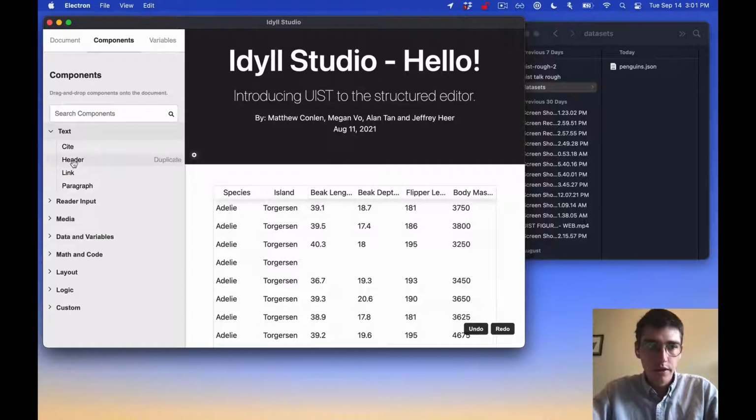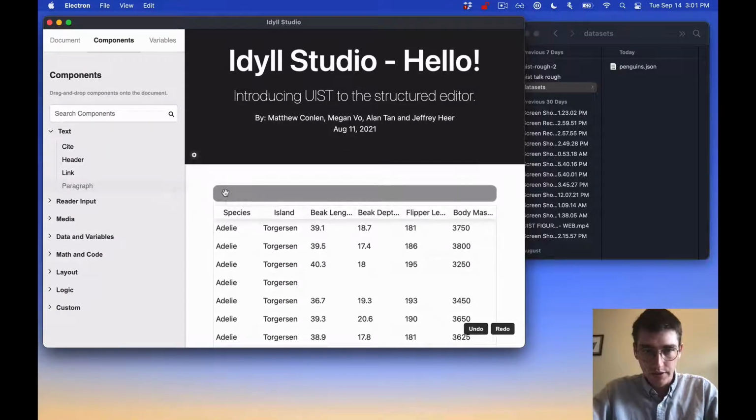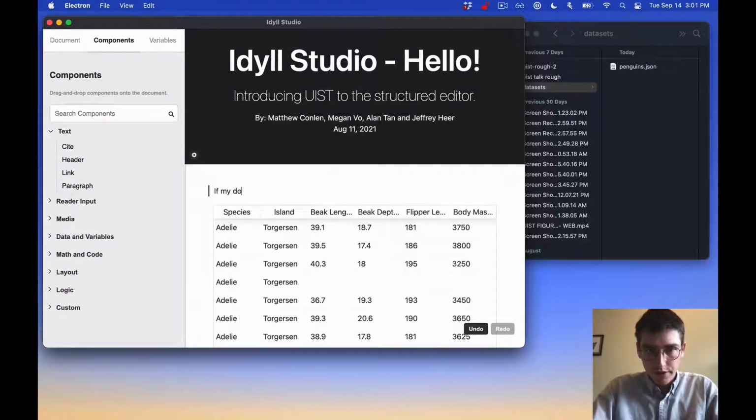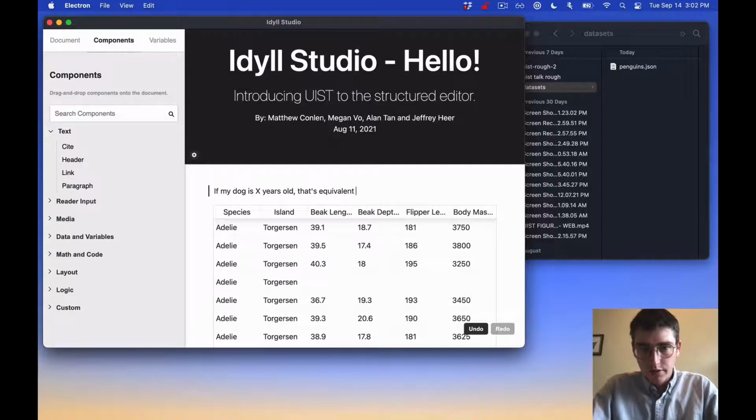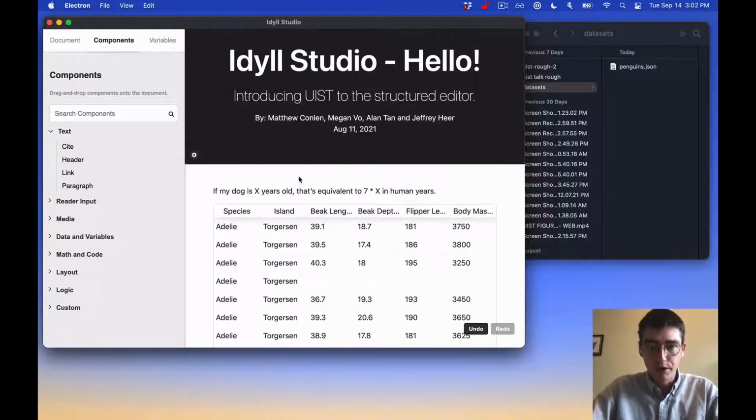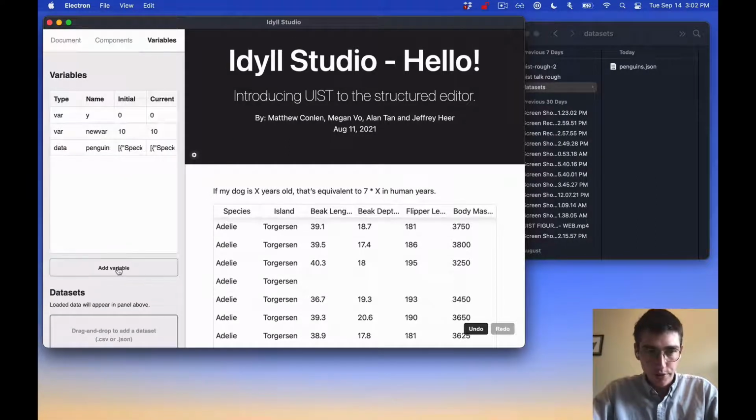For example, let's say I want to add a dynamic sentence that stated, if my dog is X years old, that's equivalent to 7 times X in human years. And I want readers to be able to manipulate this value X and see the equation update in real time. I'll start by creating a new variable to represent the dog's age, give it a name, and I'll start writing